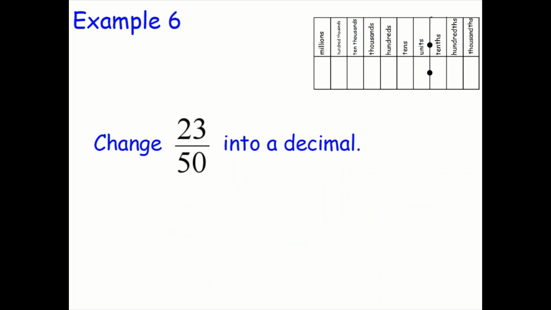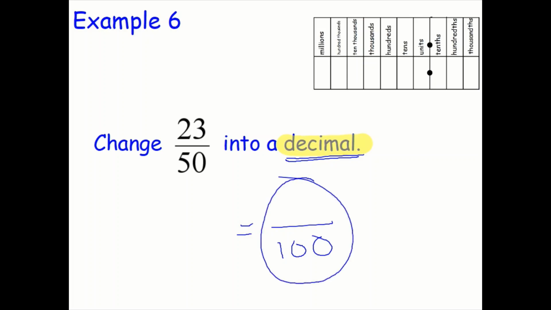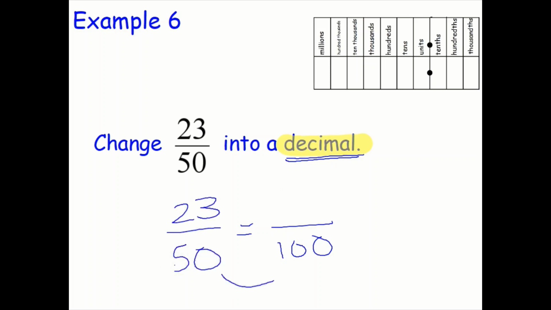Okay, example 6 now, 23/50 into a decimal. And that's where this place value table up here is going to come in now. But the same procedure applies. Even doing it into a decimal, I still recommend that you write a fraction out of 100. This is generally a really good starting point, is to get a fraction out of 100. So what is an equivalent fraction out of 100 to 23/50? Well, that's been multiplied by 2. This has got to be multiplied by 2, therefore,